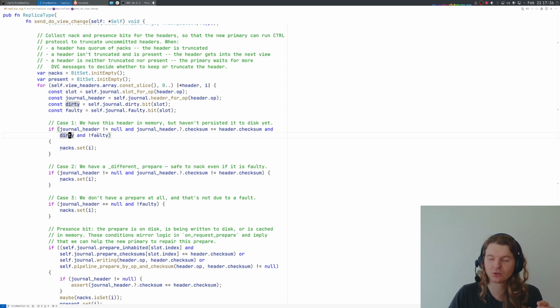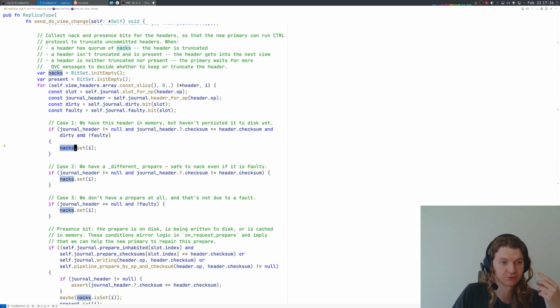This happens when you, as a replica, have just received prepare. You started writing into disk, but you haven't finished writing into disk yet. In this case, you can be sure that you haven't sent prepare OK yet, because you are still writing stuff to disk. So you set this nack bit as true. The second case,